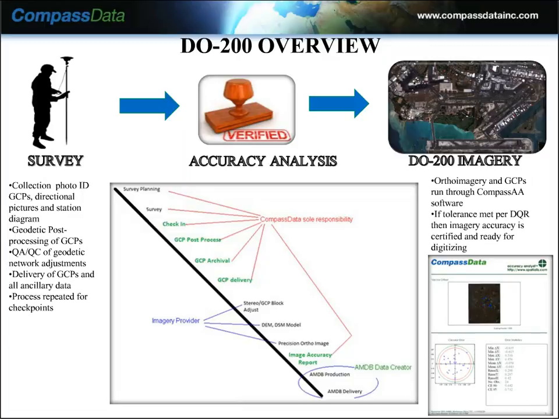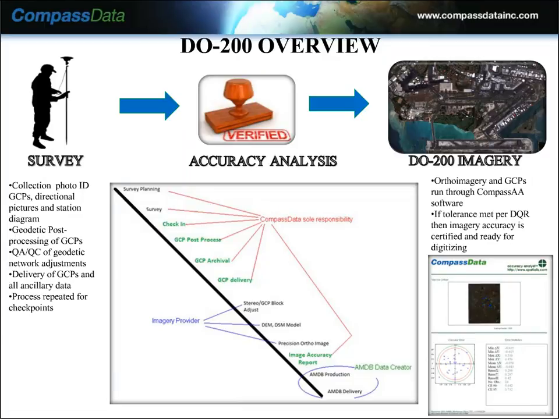And then the way we have our certifications is the image provider could be somebody else. In 90% of the cases for us and our customers, we are producing the imagery right here. We are the imagery provider, but this is not a certified process, based on the emphasis on the ground control and the checkpoints and the accuracy verification piece being certified. So really the imagery can come from anywhere,